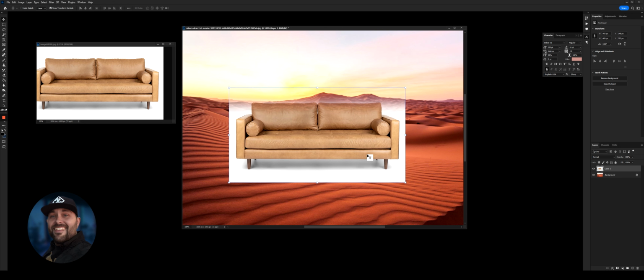So, again, we need to make a selection. Another tool I can use is, if I come down here, third tool, I'm going to look for the polygonal lasso tool. This allows me a little bit more freedom when I'm making my selection, so I don't have to just use that marquee tool and drag out a box or a rectangle. I can actually click, click, click, click. Now, because I'm doing the edges and I don't want to do like the couch area, I'm not going to come over